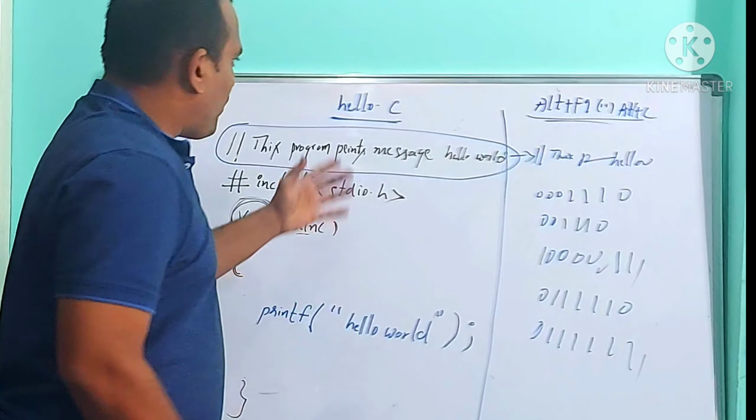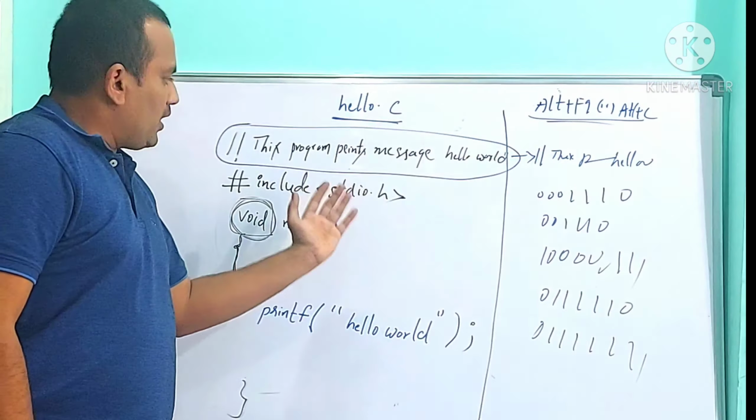So now the compiler converted the English language program into a zeros and ones language program, except the documentation. Documentation cannot be touched by the compiler. So after converting the English program into a zeros and ones program, the compiler renamed this program. What is the name of the program? Hello.c. It renamed the program using the same name hello with the dot extension obj.